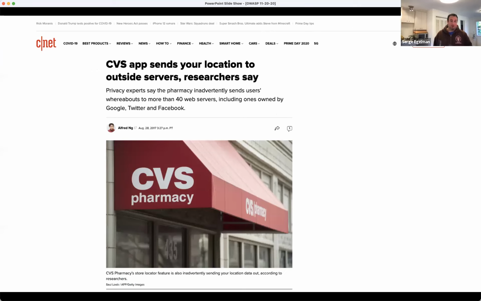And in fact, what had happened was exactly what it looked like. They actually outsourced the development of the app to some third-party contractor who, for whatever reason, built a bunch of web views and were passing location coordinates. And so CVS as a company didn't have any idea this was happening because it was some third party that did this on their behalf. Nonetheless, CVS wrote their privacy policy, which said that they don't share location data, which wasn't technically accurate here, even though they probably, up until this moment, thought it was.